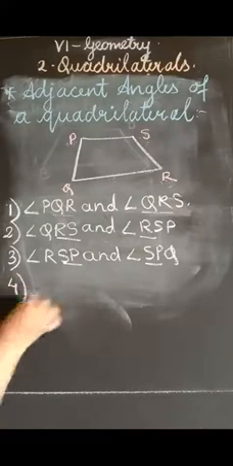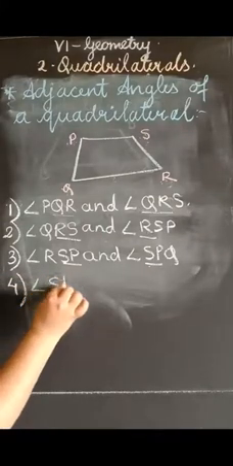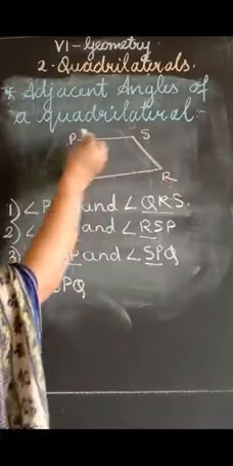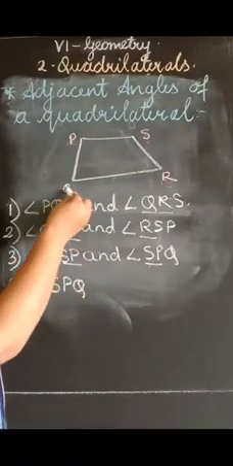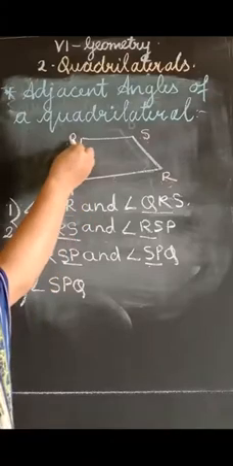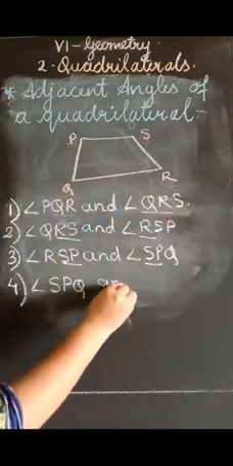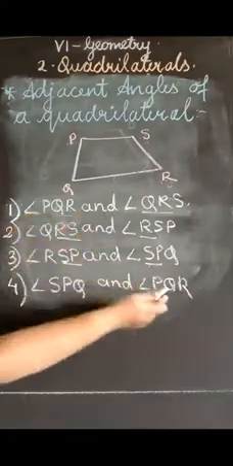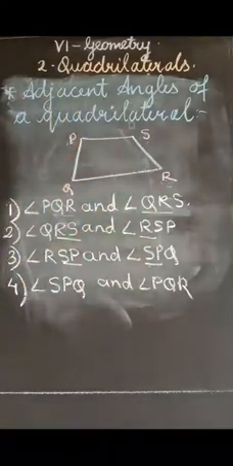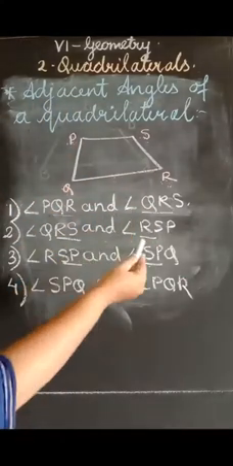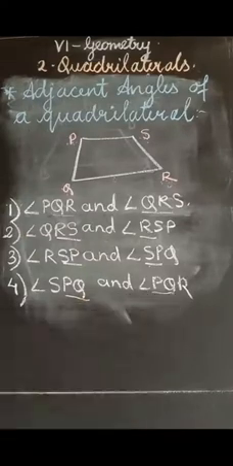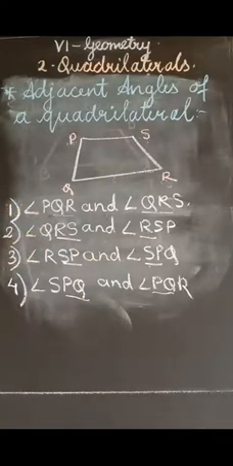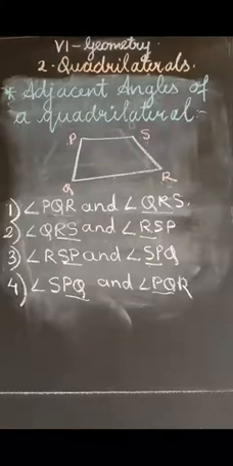Yes. Now the last pair, take this angle down. Angle SPQ. Which will be the angle adjacent to it? Angle PQR. Did we get our first angle? So did we complete a circle? Yes. And when we are completing that, did we get 4 pairs of adjacent angles? So these are the 4 pairs of adjacent angles of a quadrilateral, and adjacent angles of a quadrilateral have one common arm.